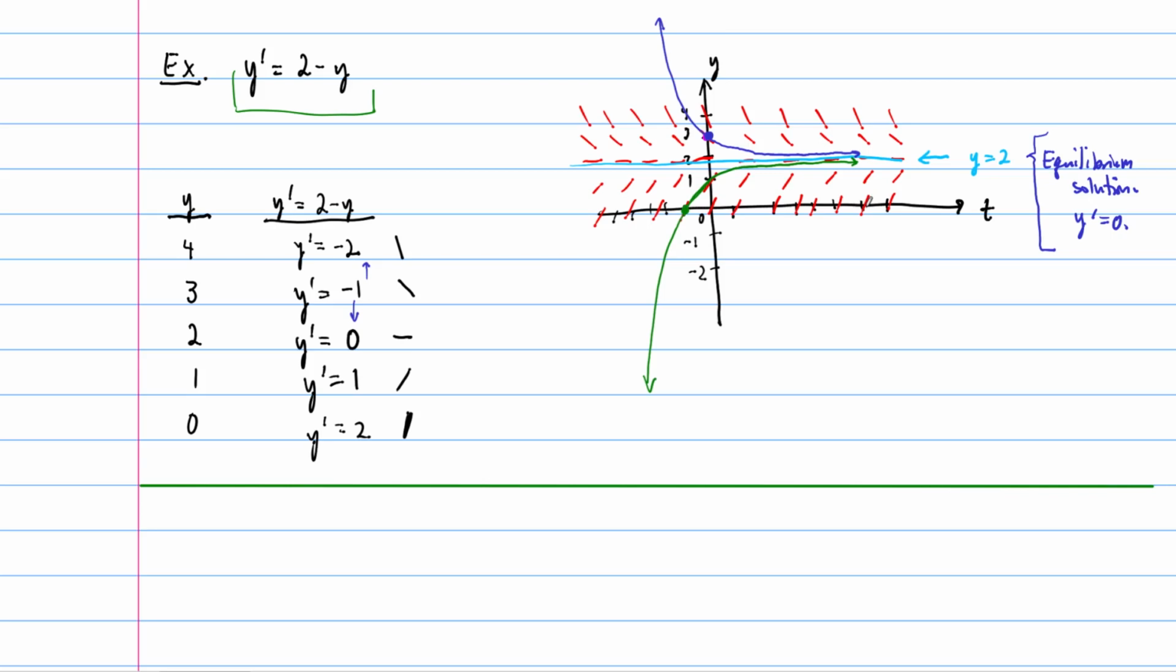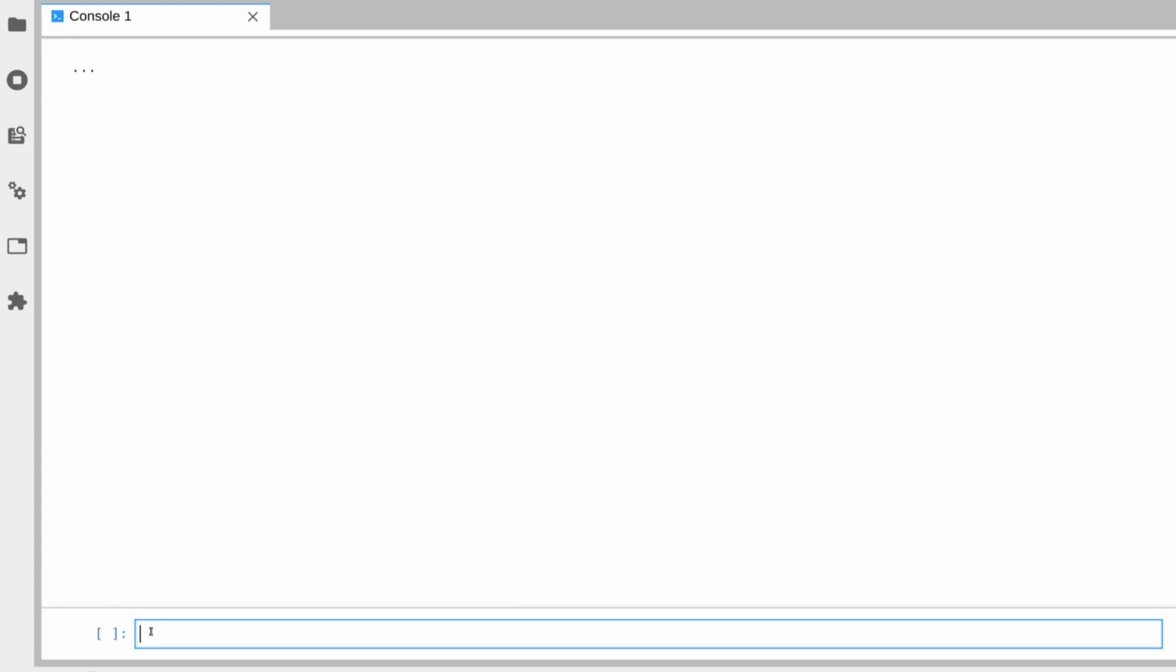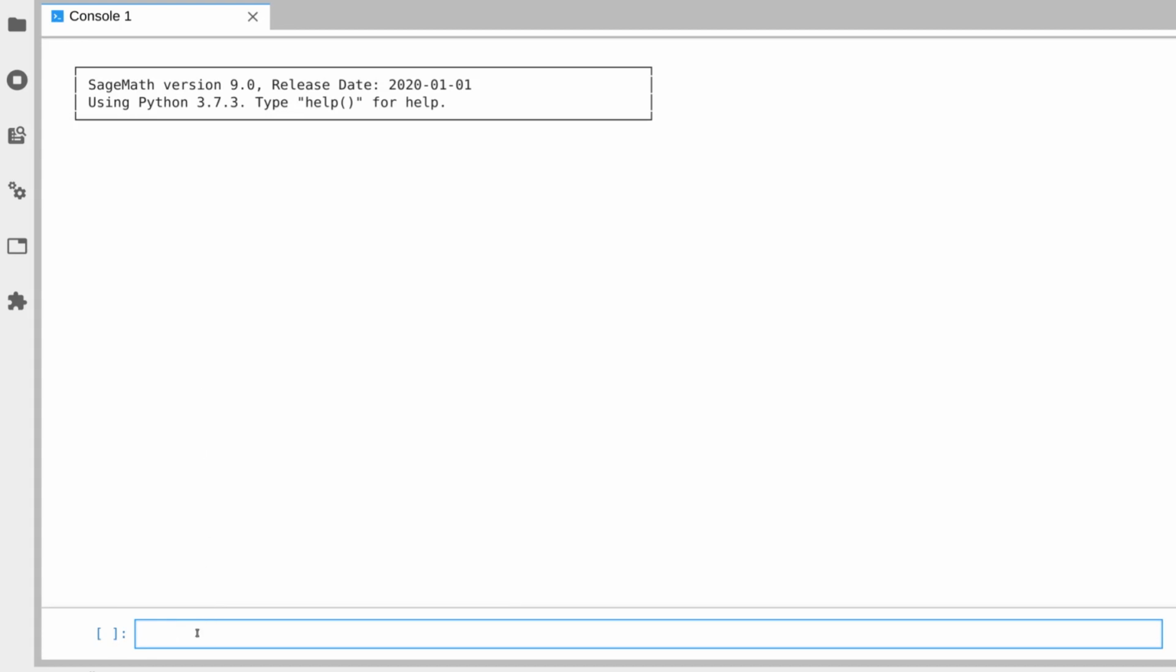So what I would like to do next is show you how to do this on a computer. Okay, so I have opened what's called Jupyter Lab, and I'm going to open SageMath here. I'll just do a console. So you can see down here, I'm going to type some commands, and we're going to get some output up here. You do not have to know how to do this for this class, but I am going to provide a link